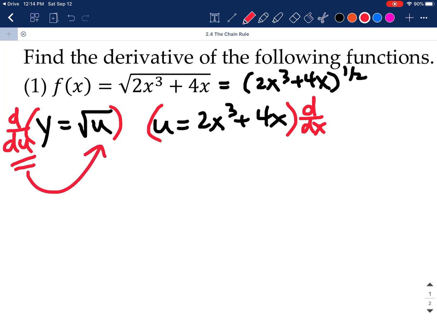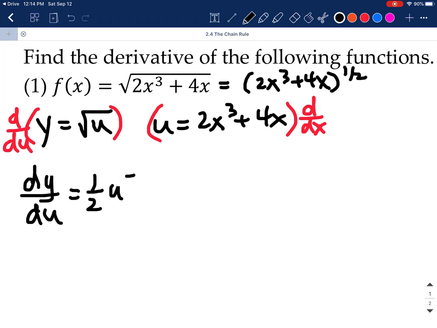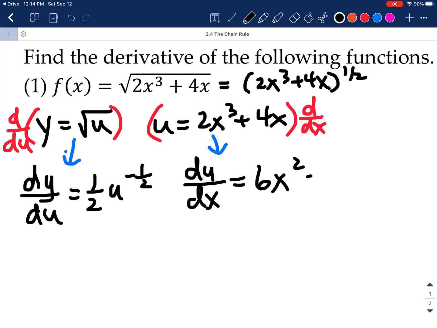So again, I'm choosing d du here because my variable that I've substituted is u. So that's my independent variable that I've chosen. And then here I've got u as a function of x, so x is my independent variable. So when I take the derivative of both sides, for y I'm going to get dy du. And then the derivative of the square root is just 1/2 u to the negative 1/2. And then the derivative of u is going to be du over dx, which is 6x squared plus 4,